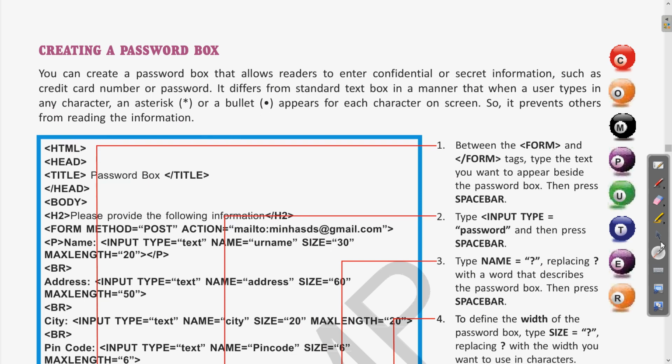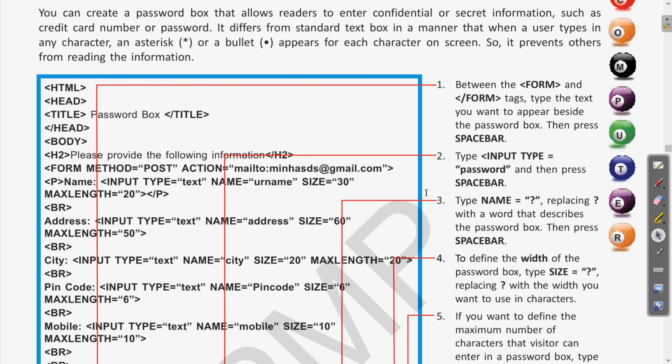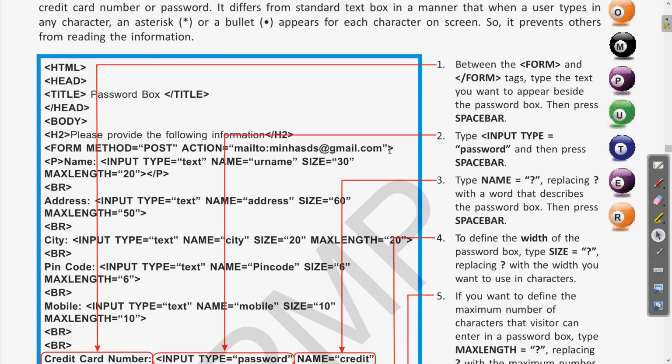So let us now see how we can include a password box. This is a basic layout for the same. Let us understand this. Whatever input type we are giving is all written in the form tag. The earlier tags, that is the heading tag and head tag, are already there. In the body tag we are using the form tag. In the form tag the method and action are the earlier ones. Then whatever different input type we want to specify can be written.